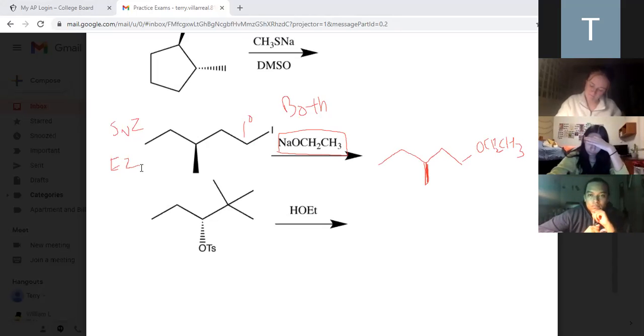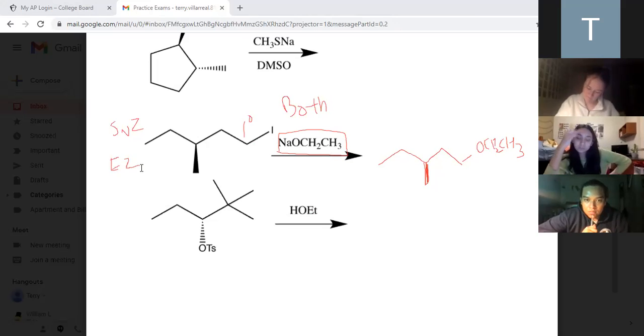Okay, so again, this is just a step-by-step process. Don't make it more complicated, and don't try to do all the steps at once. Do it one step at a time. Don't think I have to immediately figure out what it is when I make a decision on what type of carbon it is, or what type of nucleophile or base it is. Just do it step by step.